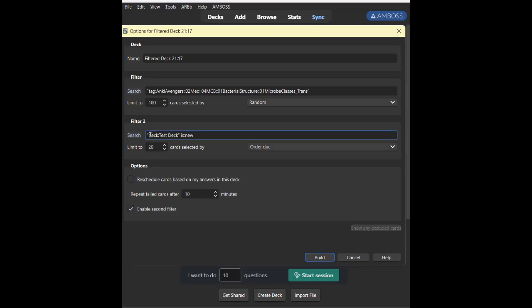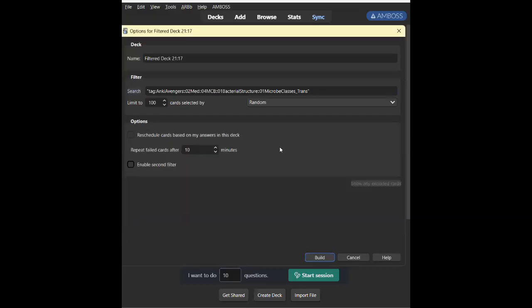So we can even add another tag. So we can have two tags in the same filter deck. That's possible. Or you can make a filter deck that includes cards from two decks instead of tags. So there are multiple possibilities here. I don't want to reschedule my cards. Let's build this.